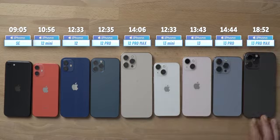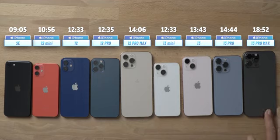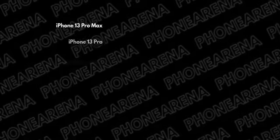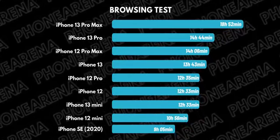That is just insane. This score crushes not only all previous iPhones, it's also far ahead of the competition too. And compared to last year's iPhone 12 Pro Max, this is a nearly 30% longer battery life with this type of use. Very impressive. So let's quickly recap the scores. You can pause the video and examine them in detail, but we have to move on to our next test,